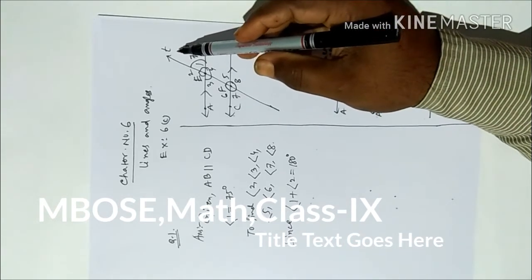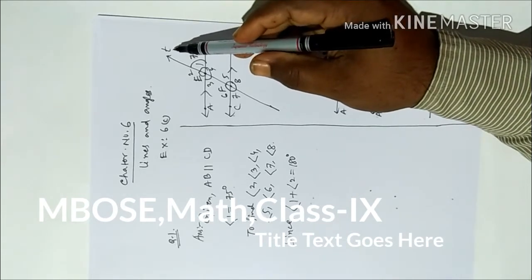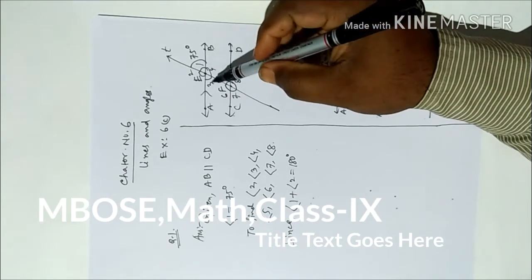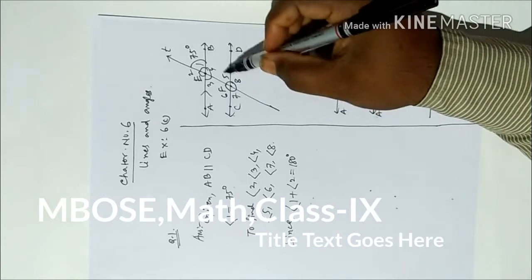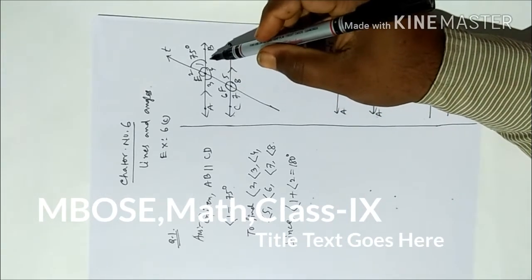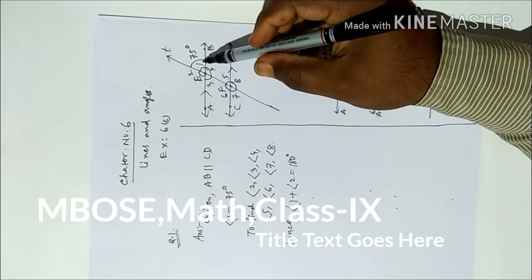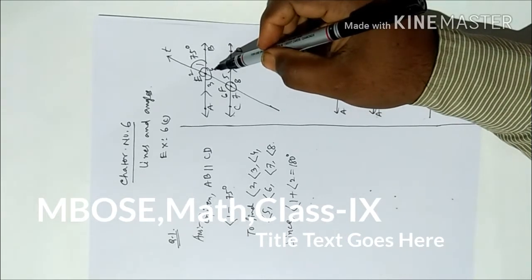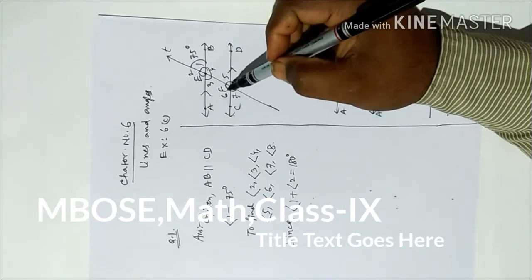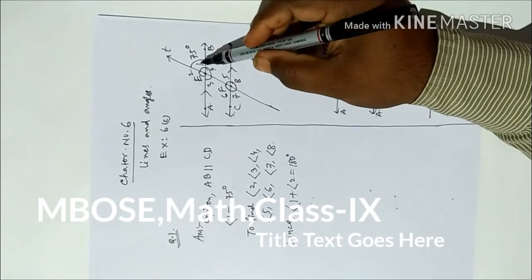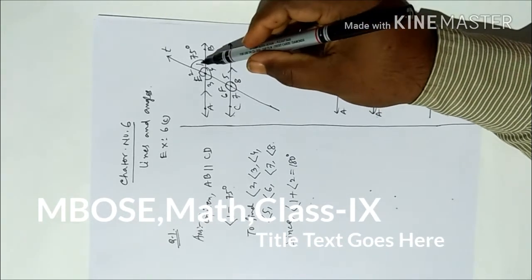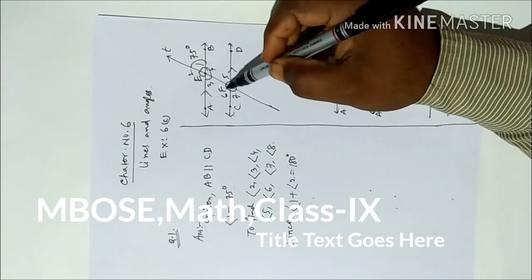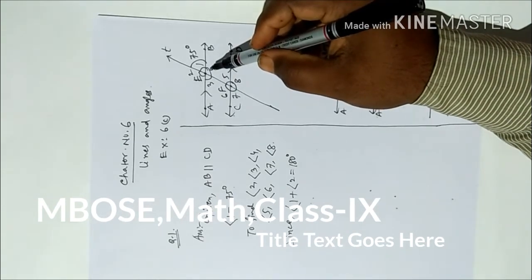I already taught this in class 7. What angles does a transversal form? Angle 1 and angle 5, angle 1, 3, 2, 4. These are the different types of angles from class 7, so again I will do a revision. Angles 1 and 3 we call vertically opposite, 2 and 4 vertically opposite, 5 and 7 vertically opposite, 6 and 8 vertically opposite. Angles 1 and 5 we call corresponding angles. Angles 4 and 6 we call corresponding alternate.